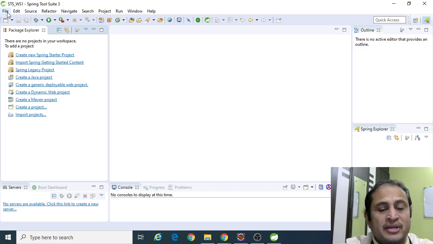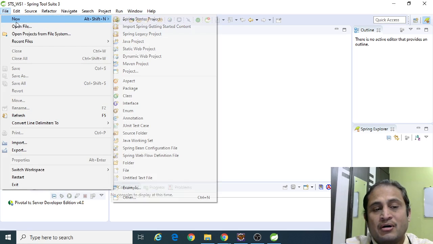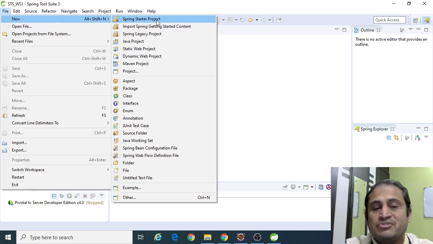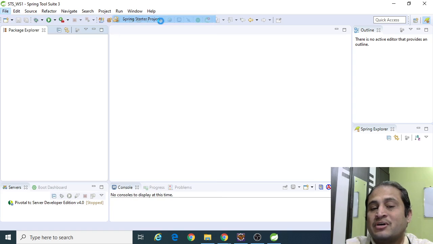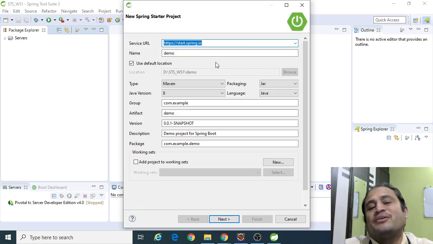So here it would give you options. You can go to the File. Okay, click on New. It gives you many more types of projects, where earlier you used to see Java dynamic project, Java project, Maven project, all those things. Apart from that, it gives us a Spring Starter Project. If you click on the Spring Starter Project, it is nothing new actually.